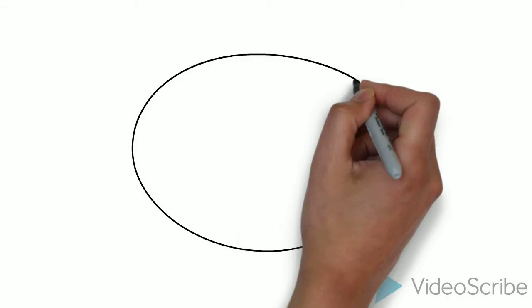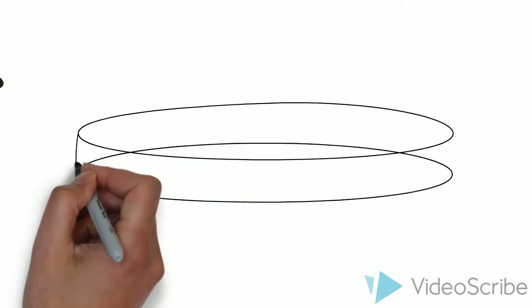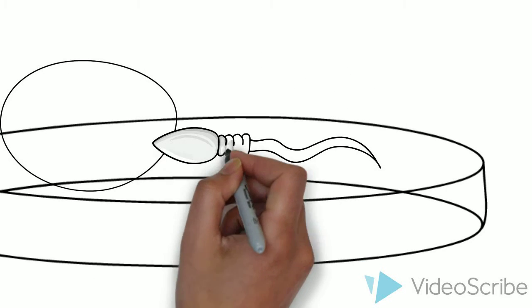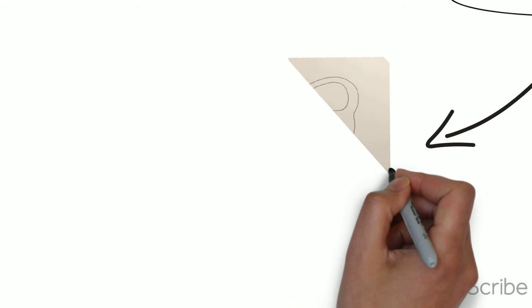After that, in vitro fertilization was discovered. This is a process in which the egg is fertilized by the sperm outside the body. With this technique, you can choose specifically which egg and sperm cell you want to use. This way you can, for example, choose if you want male or female offspring.